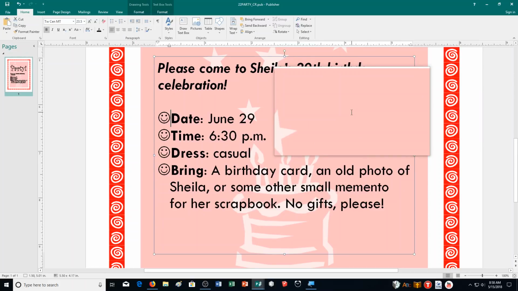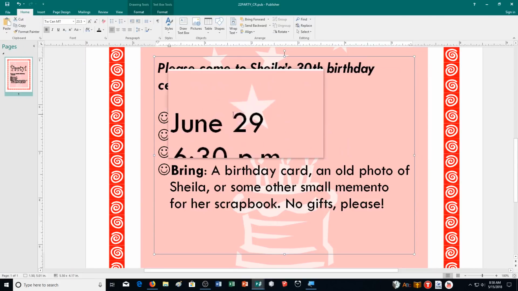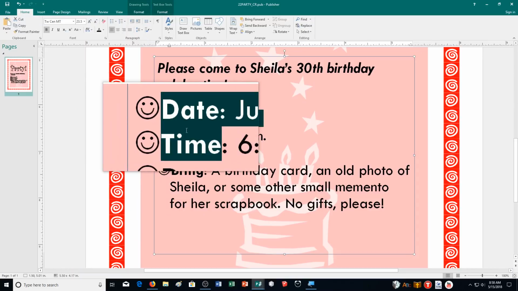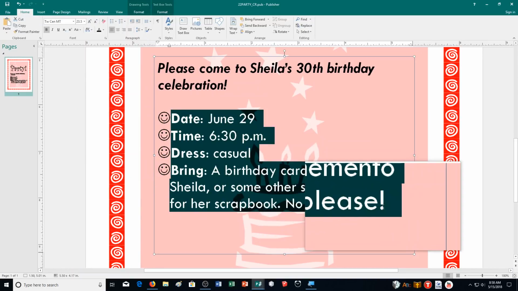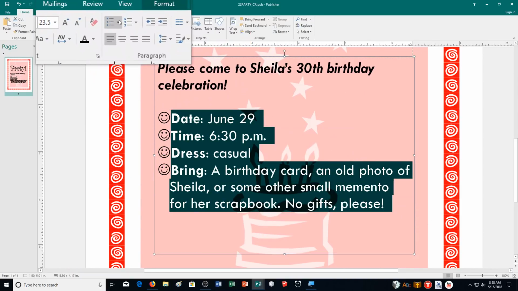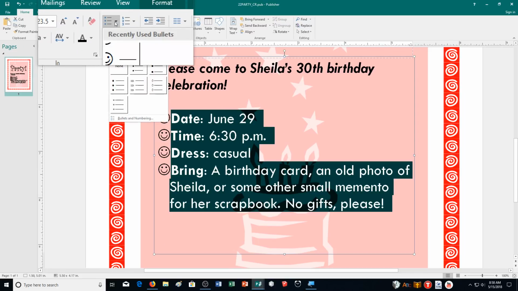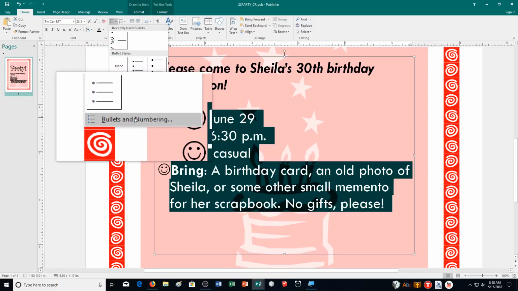Then it says adjust the spacing so that there's plenty of room between the bullet character and the text. So there's a certain way we can do that. Let's select our text here with the bullet points. And then the way we do that